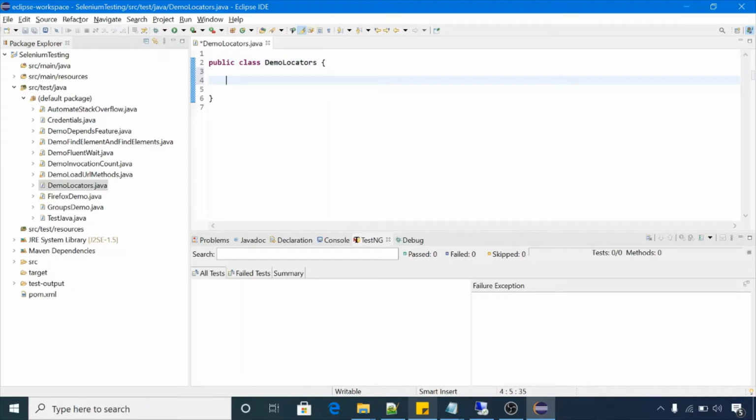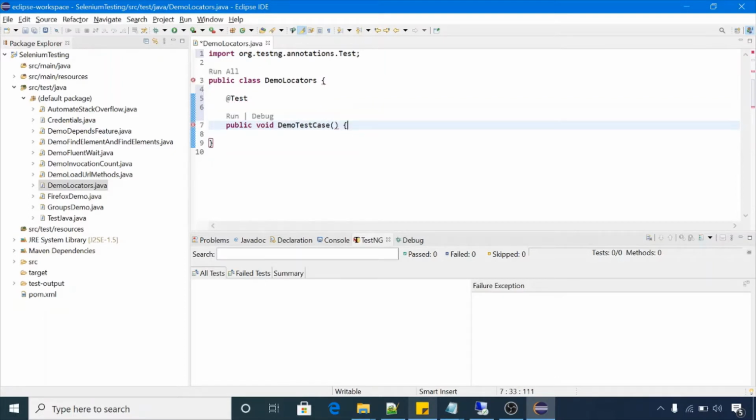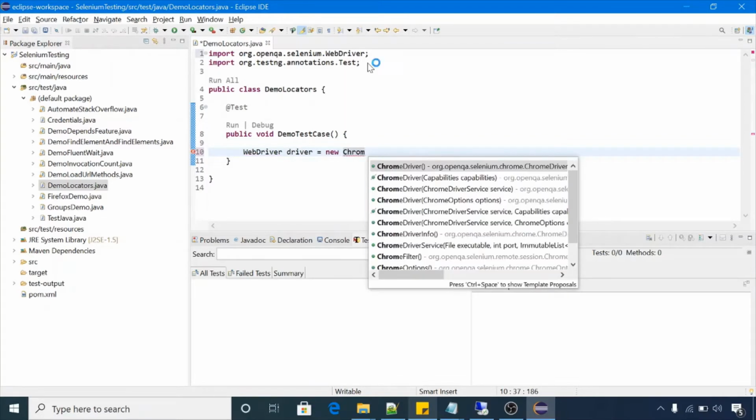We will create one test case here, public void demo test case. We will use Chrome driver. Let me create one object of Chrome driver, new Chrome driver.